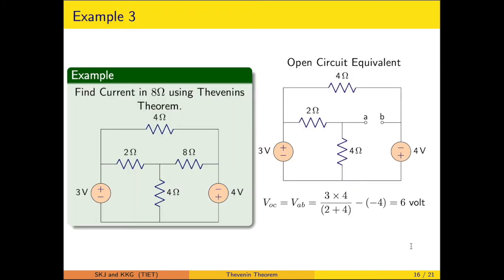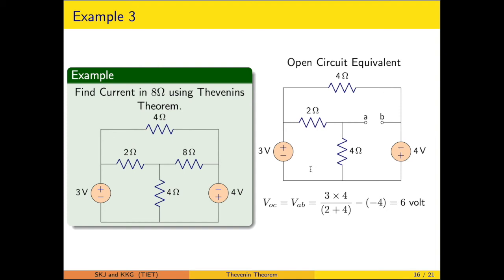Another example, where both independent sources are considered. So the process is to find out the open circuit voltage and the RTH. First the open circuit voltage. Now what we will be seeing in this particular diagram is that this is acting as a